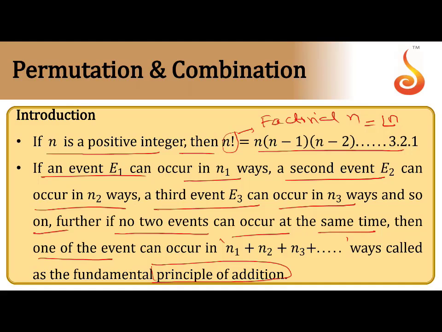I will give an example in this case. There are 10 boys and 20 girls in a class. In how many ways can we select a boy or girl to represent the class? You can select a boy or girl. That means you can select any one of the persons. From the total, what? 10 plus 20, 30. That means 30 ways. So that means you can choose a boy or a girl. That means when there is a work between two things with an or, we can add the things to get the total number of possibilities. So I hope you understand this one. That is called the principle of addition.